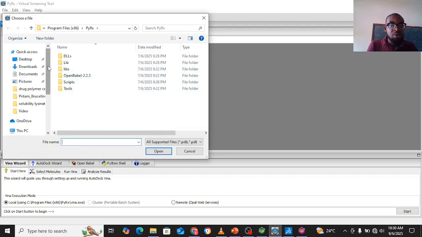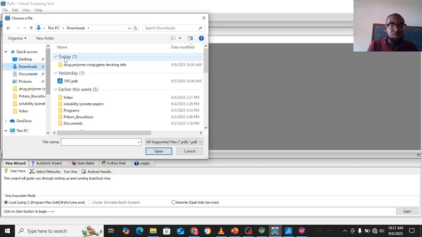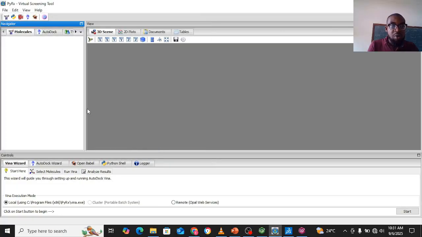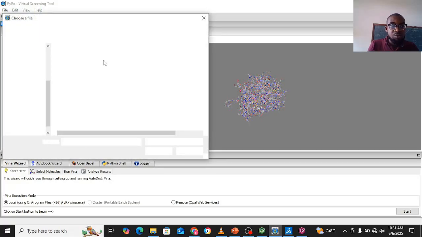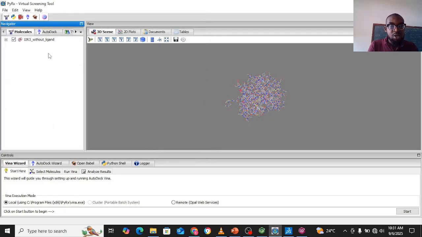So I'll navigate to the directory. Okay, so I'll be using this without ligand, so I will import it. Okay, I'll also be importing the conjugate system and vanillin. So let's import this first,